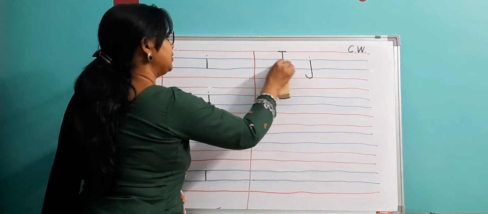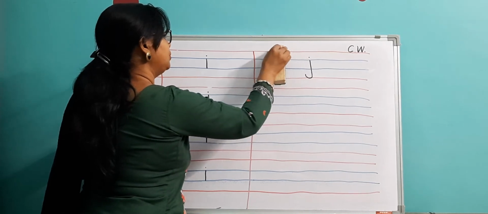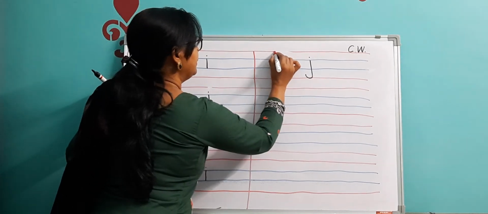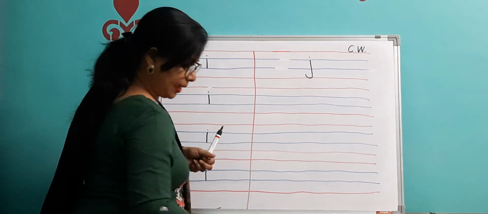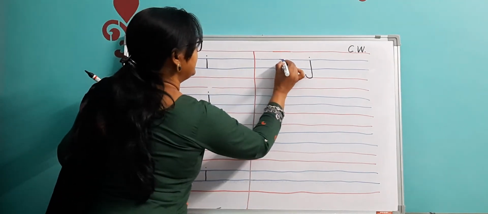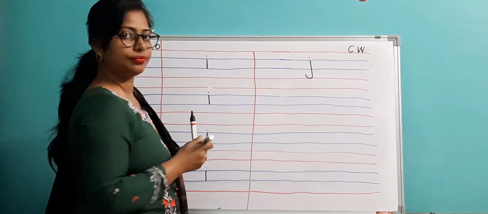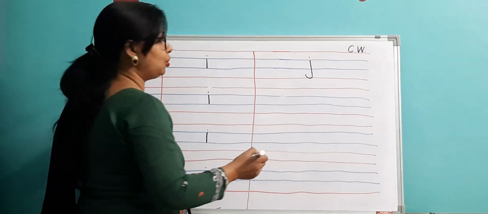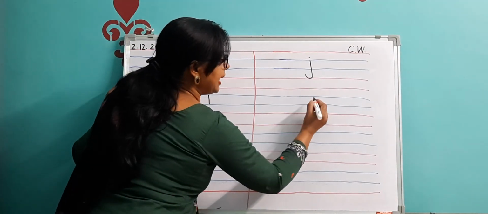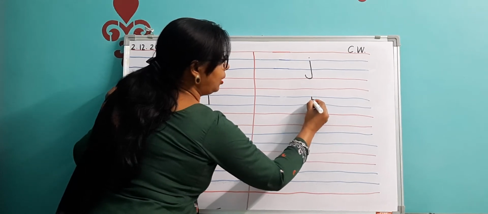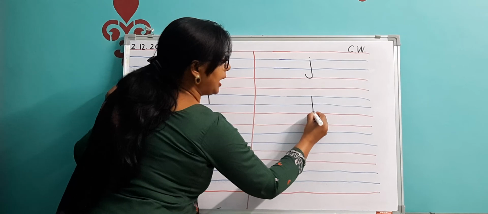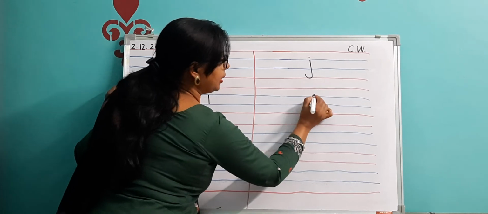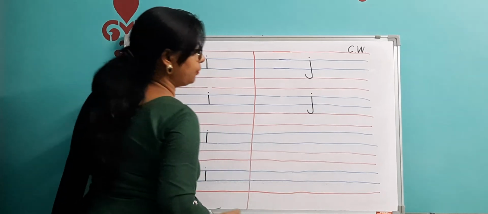This one is capital J, so I will rub it. Just now we are learning only small j. We have already learned capital J, right? So again, watch. Leave this first line. From the second line, you draw a standing line like this, and then come to the last line and then make a curve. Come to this pink line, red line, the last line, and then you put a dot over here. Right, children?